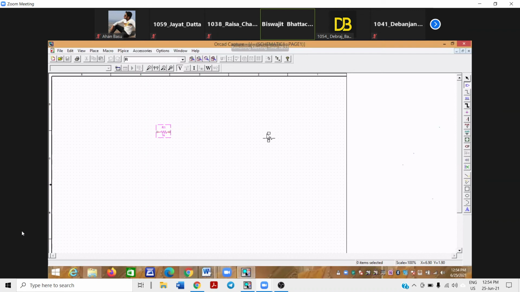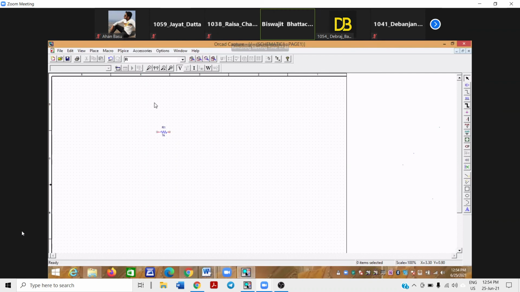Now you can click multiple times. Okay, some resistance is coming. Now I want to remove that resistance, because we have already pasted our required resistance. I don't want to click anymore to paste it further. So how to do it? Right click. Once you right click, then choose end mode. Then end mode is complete. It's there. Now the resistance is selected. Next we want to select something else.